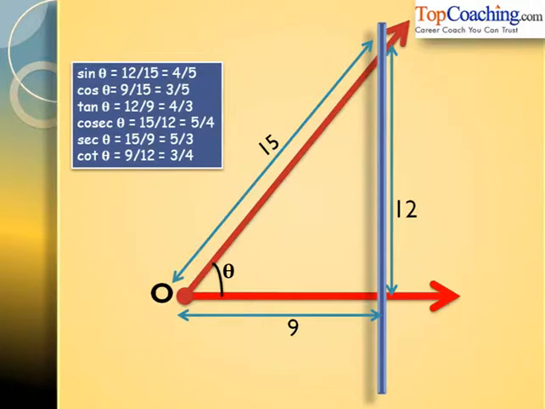Thus we can say that the 6 trigonometric ratios simply depend on the value of theta. They do not depend on the position of point P. So what we can conclude here is, when theta remains the same, if base changes, then in the same ratio the height also changes, and so changes the hypotenuse. So that is the reason why the 6 trigonometric ratios do not change.